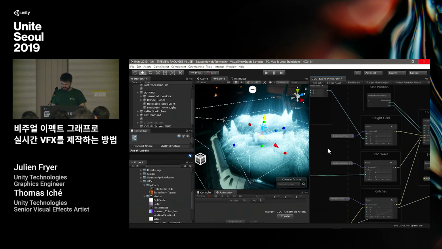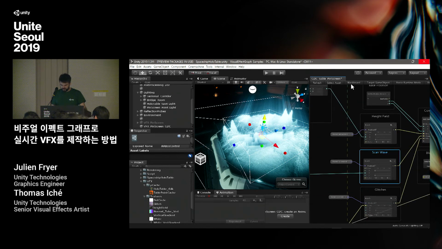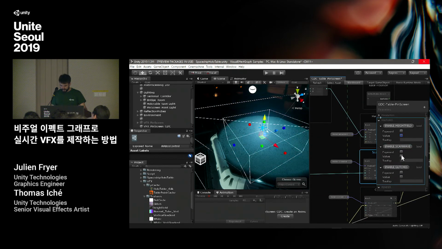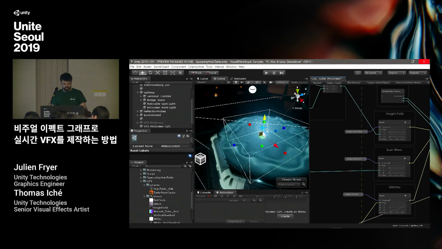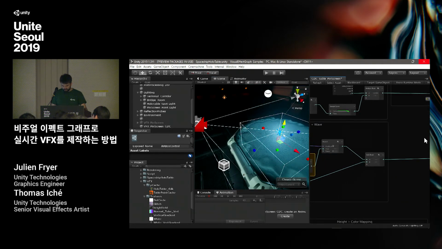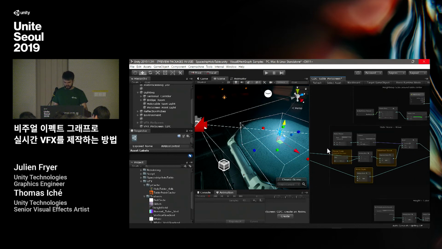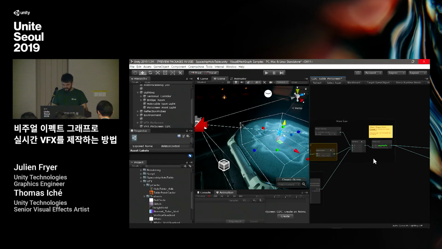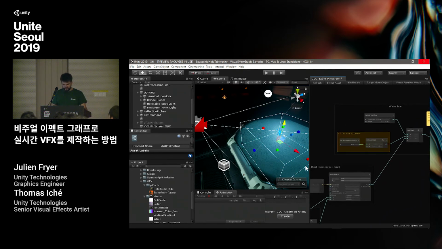Then let's talk a bit about the scan wave. I will disable the height field and enable only the scan wave. This effect is just animating a ripple from the center to the outer of the table. In order to animate this ripple, we basically used a noise in order to make it not so uniform.